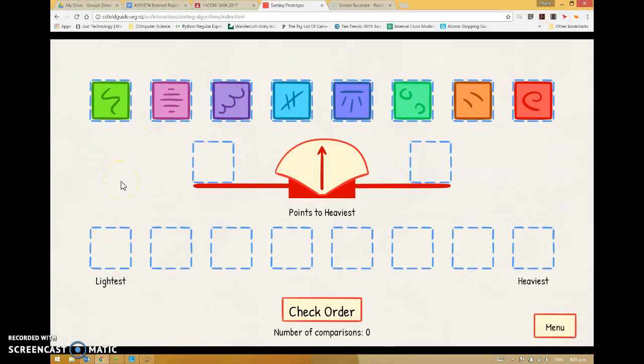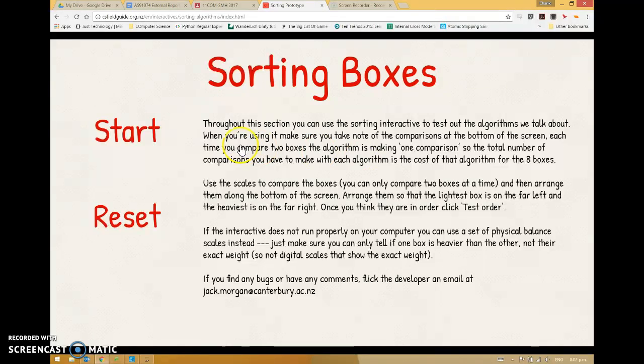You have to be a little bit careful with this. If you start and stuff up and hit reset, it sometimes doesn't really understand. There's a bug and you always automatically end up picking the heaviest one first, which doesn't make for a very good demonstration of the algorithm. So the easiest way to get around this is hold down shift and hit F5 to do a hard reset and